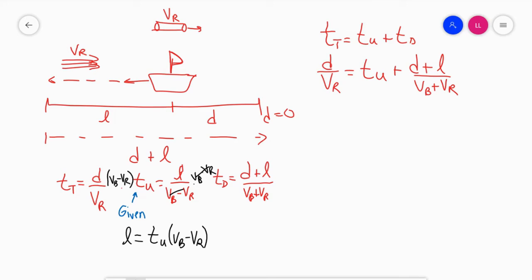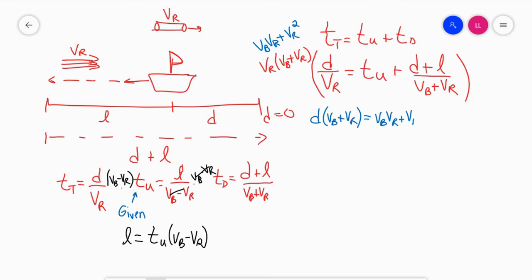I'm going to multiply everything by VR times VB plus VR, which gives VB VR plus VR squared. When you do that, you get d times VB plus VR equals VB VR plus VR squared times T upstream plus,